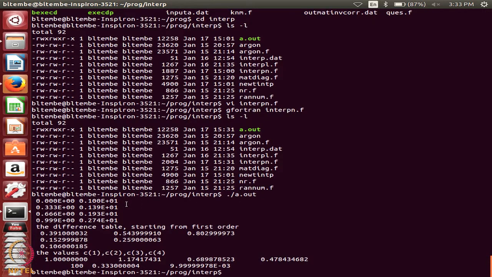So, what is it doing? First, it is writing all the values of xi and the values of the function. Remember, I mentioned to you, it is always good to write whatever you have read on the screen. So, it has read the values of x, 0.333. In our class, we did 0.33 and 0.36. Here, I have done a little better: 0.333, 0.666 and 0.999. These are my values of x. These are my values of y.